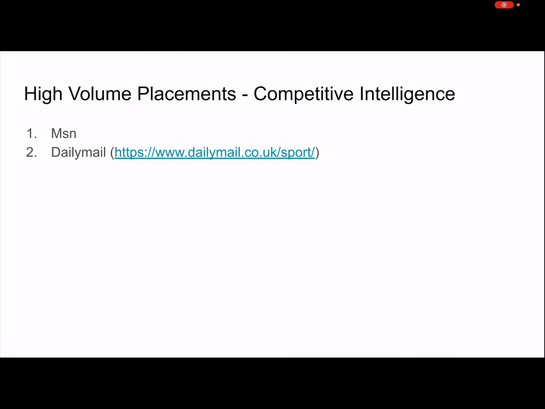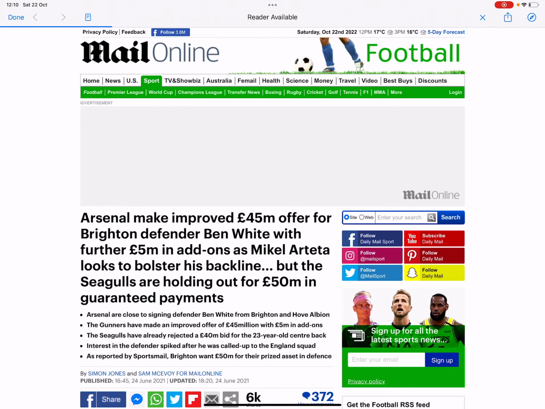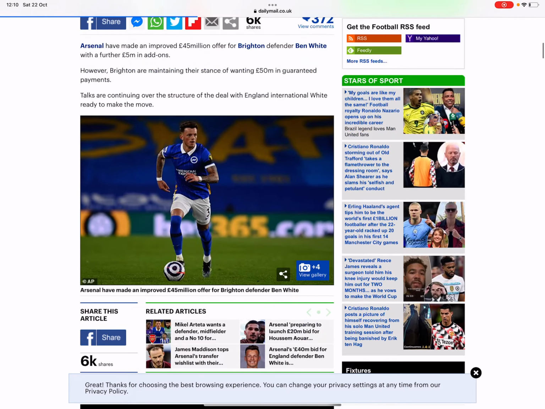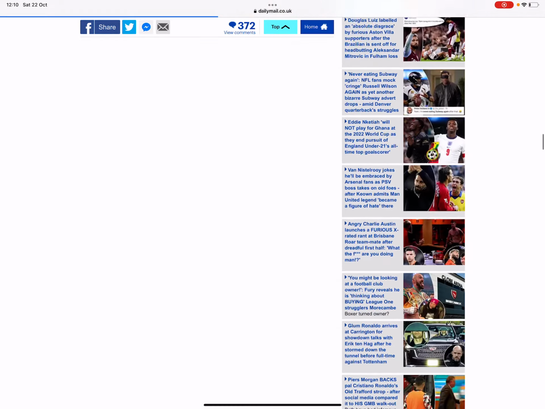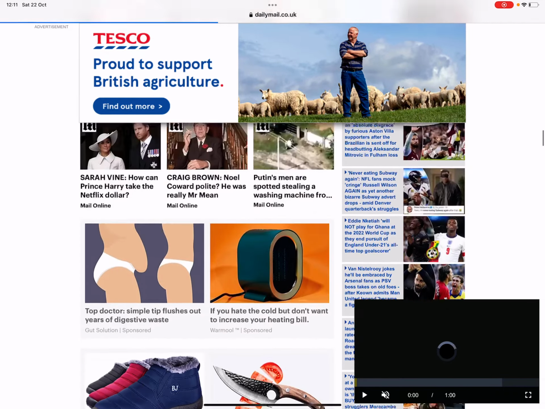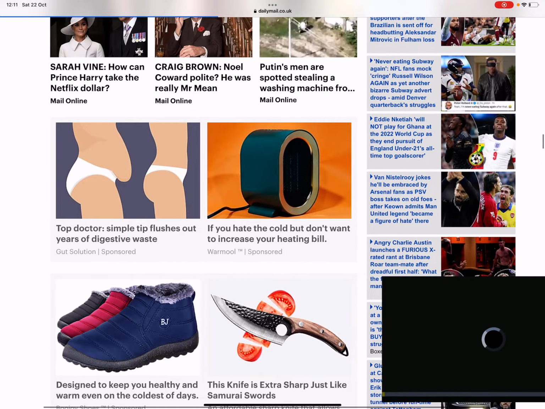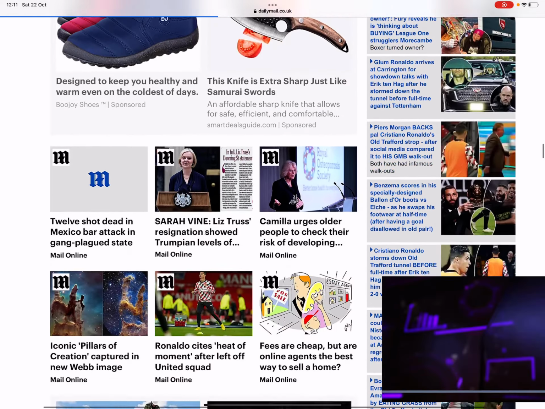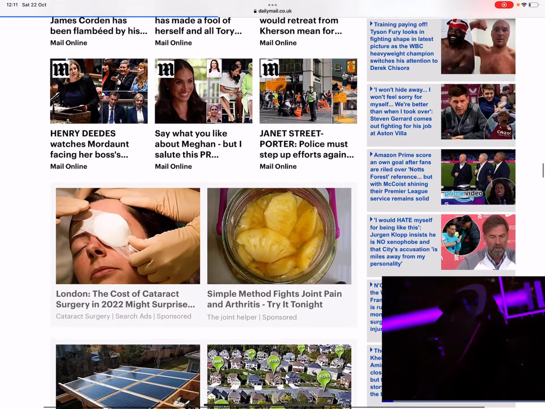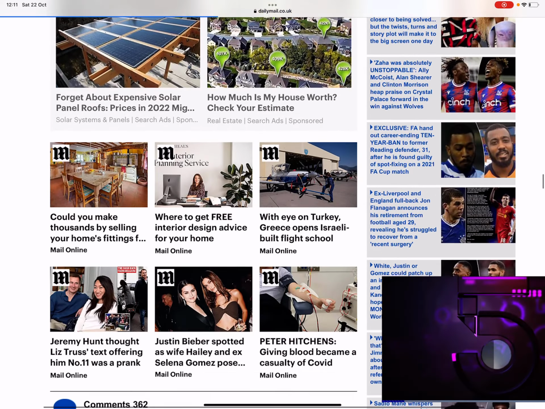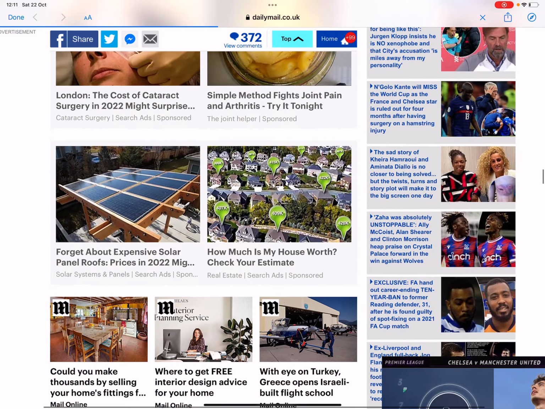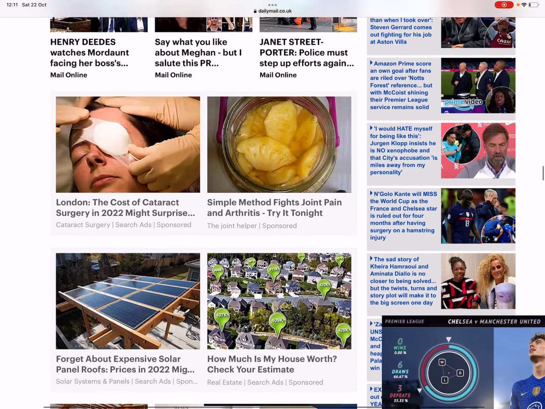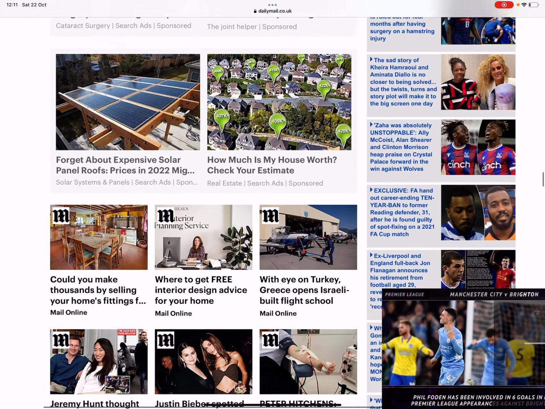So again, we're looking at competitive intelligence. This is a way to find even more ads. These are some of the highest volume sites on networks like Taboola. If we go to the bottom, there are Taboola ads. Here they are. We want to look at these websites because they're so high volume that usually the ads running on them are the highest volume ads, making the most money in most cases. So we want to check out these websites and look for AdSense ads that we can model. That's what we do effectively.